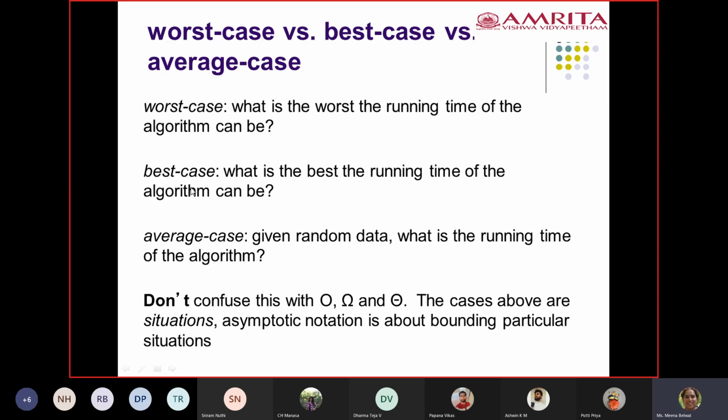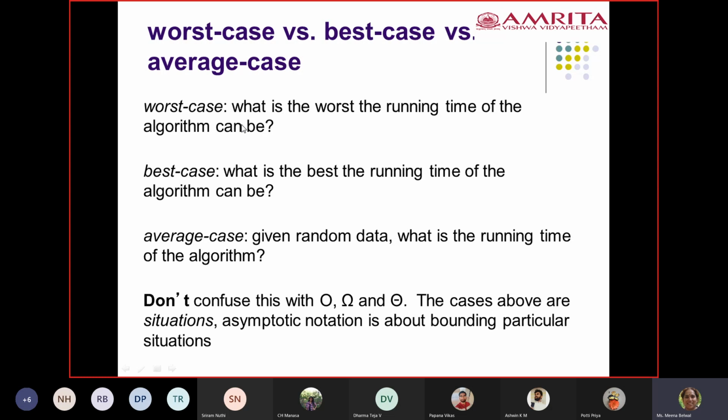So for all the three cases, worst case, best case, or average case, in any situation we are able to apply these three asymptotic notations, O, omega, and theta. So we don't say that worst case is associated with O or best case is associated with omega, not like that. These are three situations, but we always